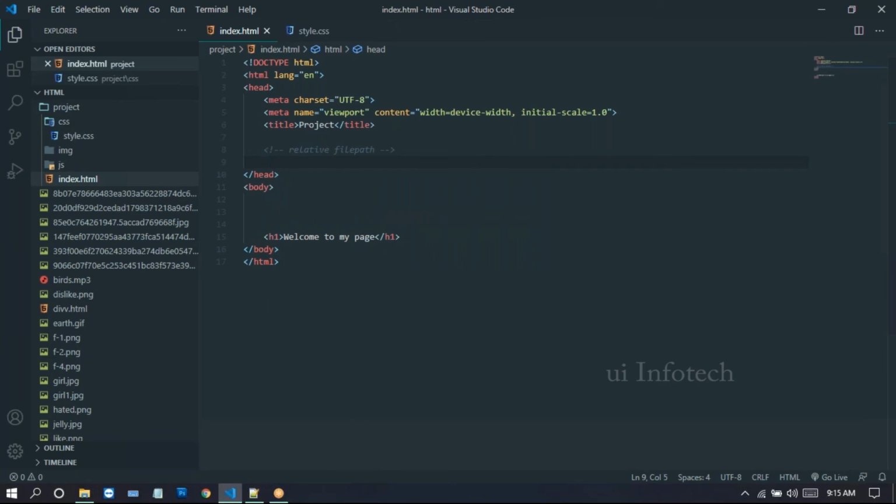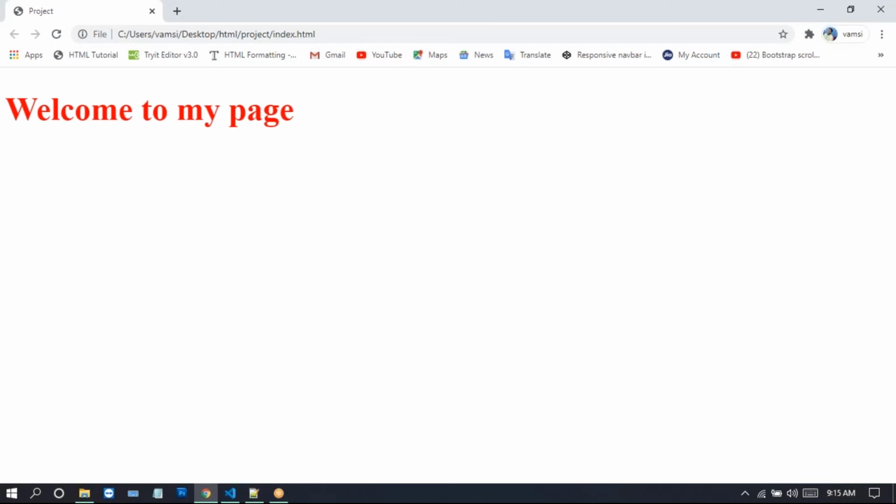Here I'm just taking the link tag. You know how to create the external CSS link. Just click on this link. In the link, rel is stylesheet, and in the href, our style.css is in the CSS folder. Now I take the CSS folder, slash, and we can write the style.css here. Now we have style.css.